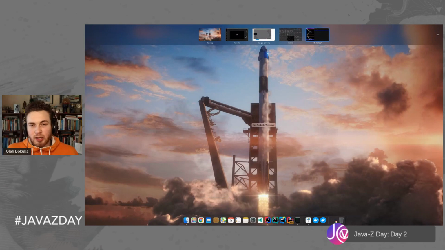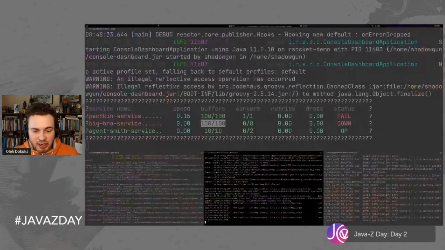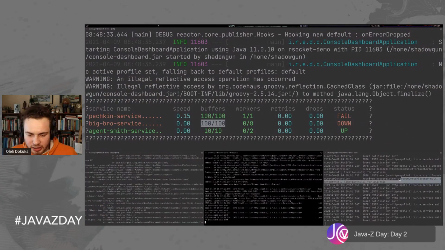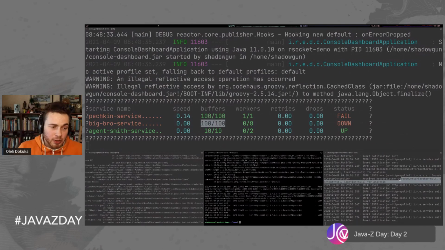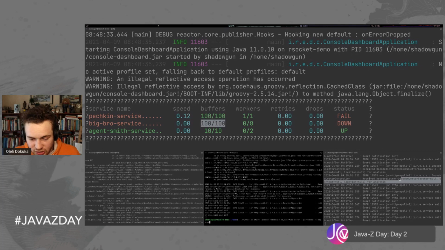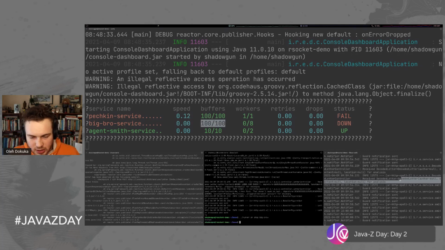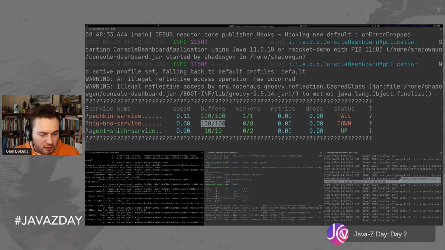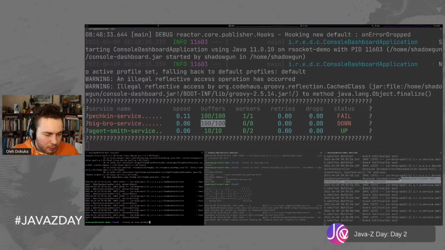So let's go back to slides and do a short test. First of all, let me confirm that if we configure the whole system to work according to Agent Smith performance, it will work. Let me stop Big Bro and start it again with the Agent Smith config, and let me terminate Pagecane,